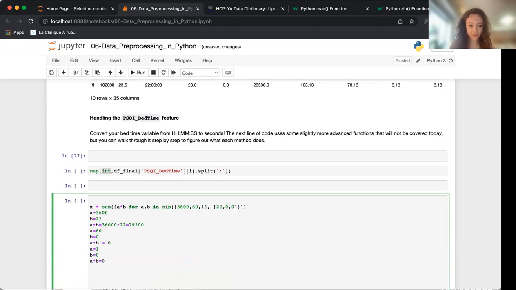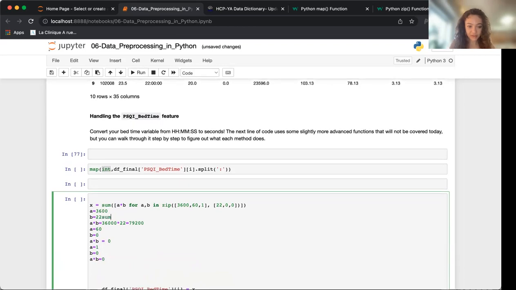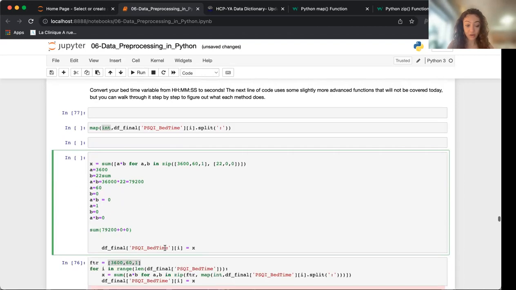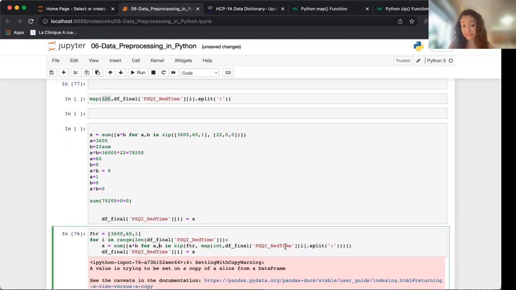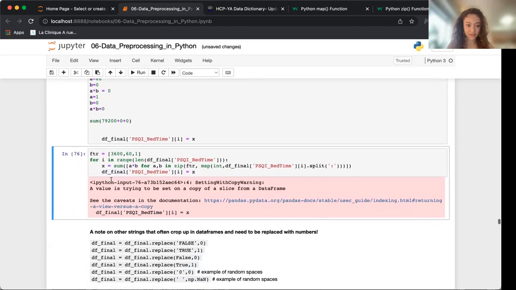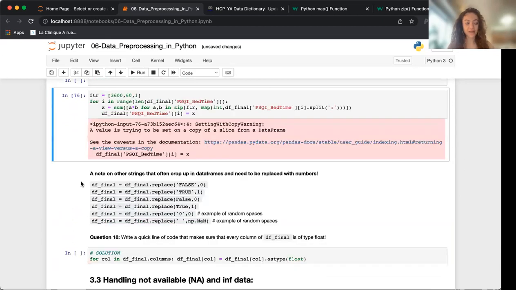Okay, cool. So now what we know is we're doing a sum, right? And so after all this, we want to do a sum of this 79,200 plus 0 plus 0. And so this is going to output a time in seconds for subject I. And so you're going to replace the time system in hours, minutes, seconds with this. And so you do this for each subject. So hopefully this makes that script a bit more clear